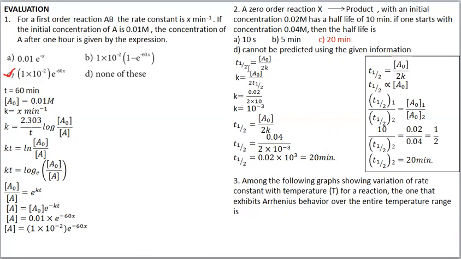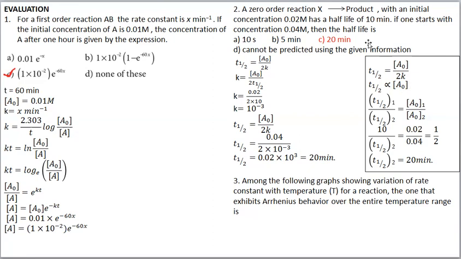You see, you know that T half is equal to A0 concentration by 2K. K is a constant. 2 is also a fixed number, a constant. 2K is a constant. So T half is directly proportional to A0. Okay, so we can write T half is directly proportional to A0.